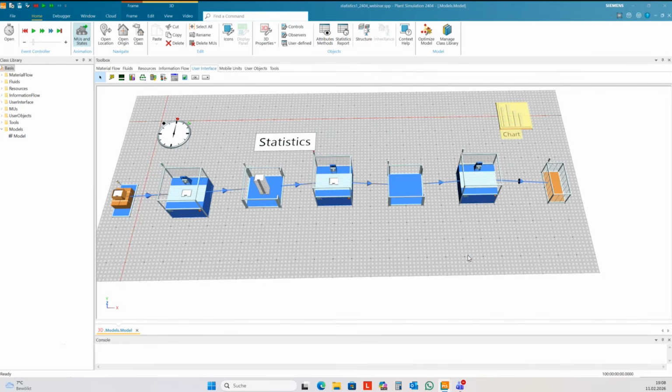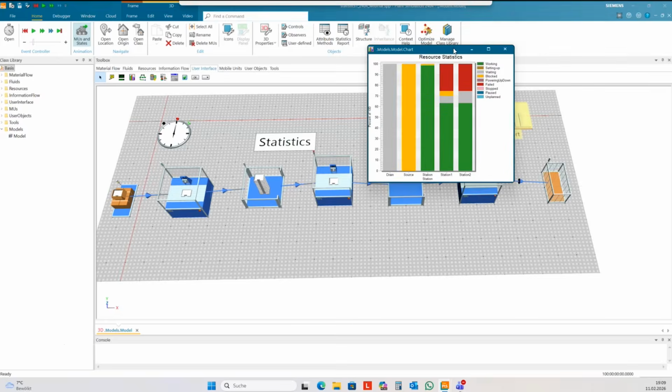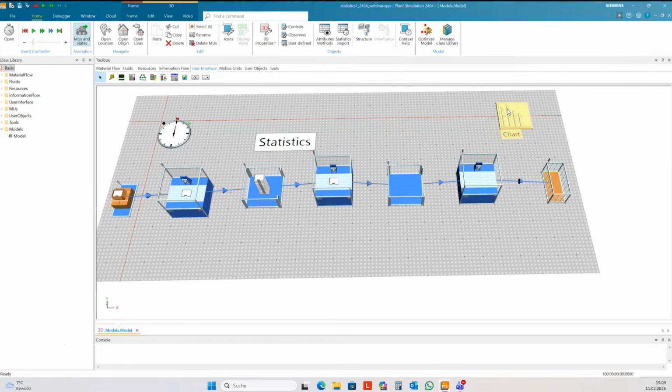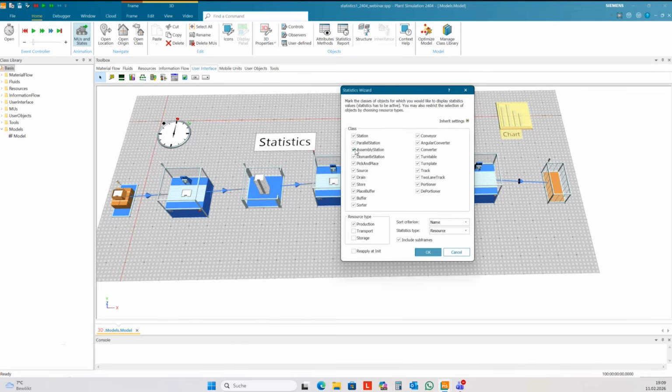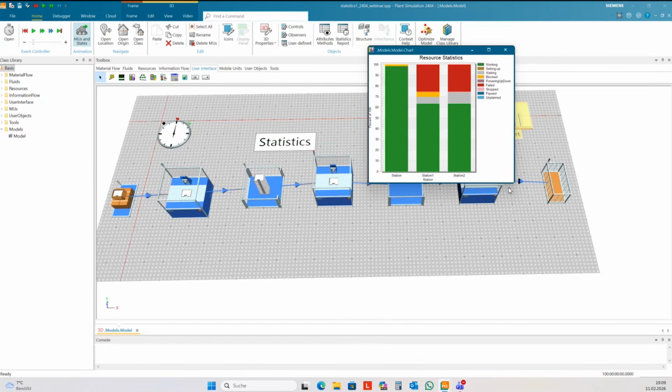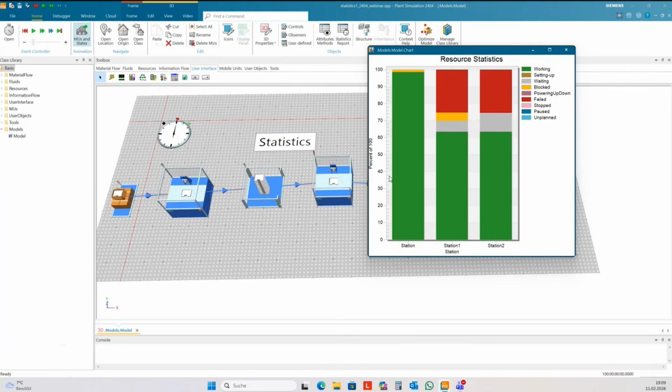If you click OK, you see that drain and source are also production, so you can correct this. It is easier to select all the elements that you want to have in this window. Then you have a chart about all the stations, and you can make a chart with all the buffers and so on.